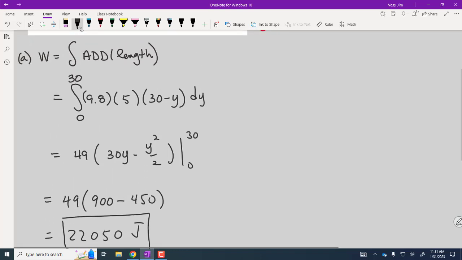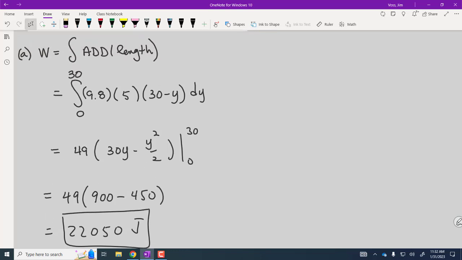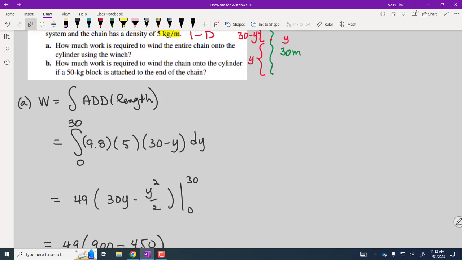So now we're going to strap a block onto the bottom of the rope. So we found the work done to coil up the 30 meters of rope. Now if we add a block onto it, what's going to happen? It says how much work is required to wind the chain onto the cylinder if a 50 kg block is attached to the end of the chain. We can treat it like two separate problems. We can imagine the work done in winding the chain up, which we just found, and then we can find the work in just lifting a block 30 meters. So for part B, the work just for the block